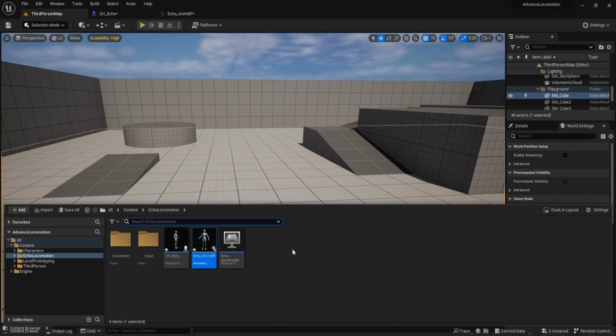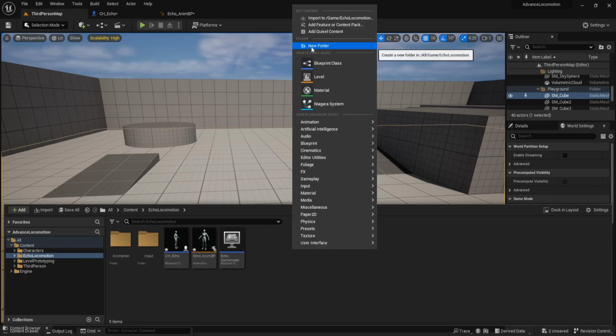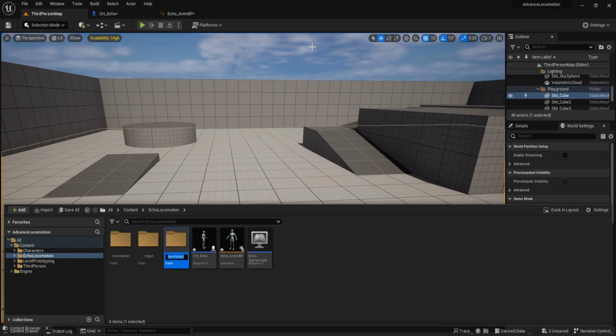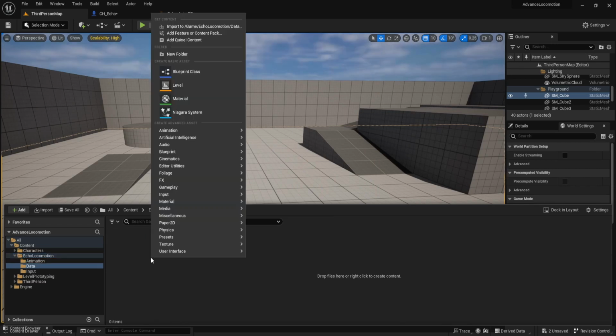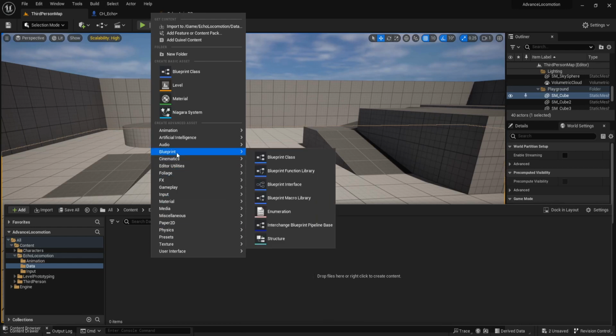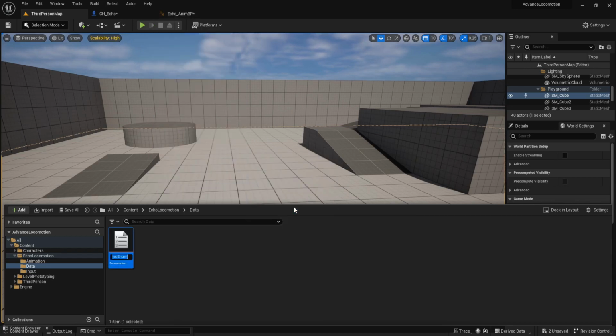And then we create a new folder in the Echo locomotion. Name it data. And open this data folder. Right click in the blueprint. Click on enumeration. Name it enum locomotion state.